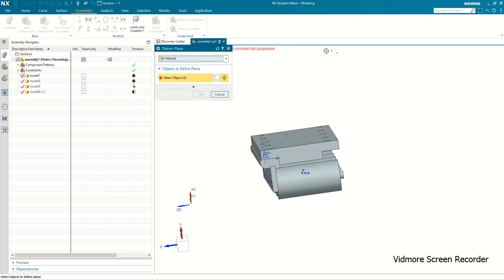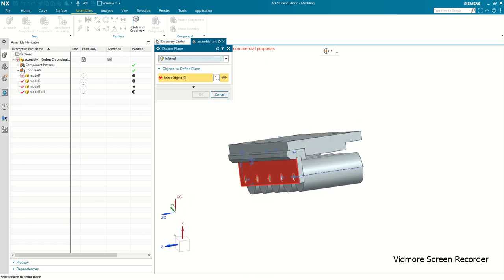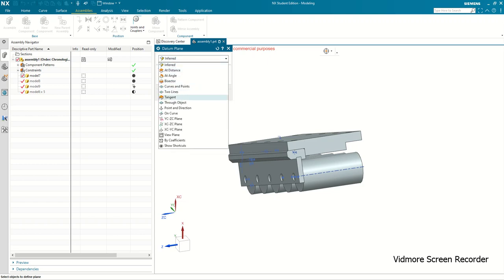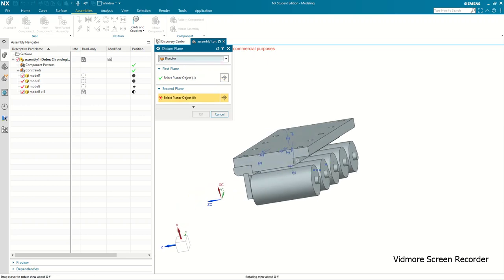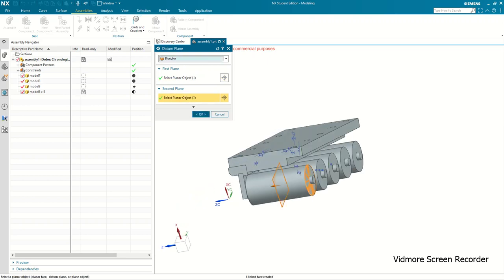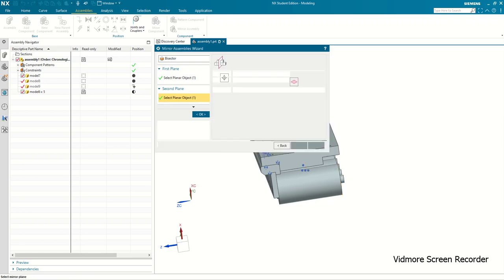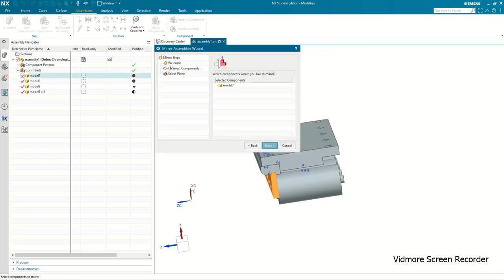When you come here, now it is working. You can just go to here by bisector, click here and click here. Now it is creating, but sometimes what happens is,